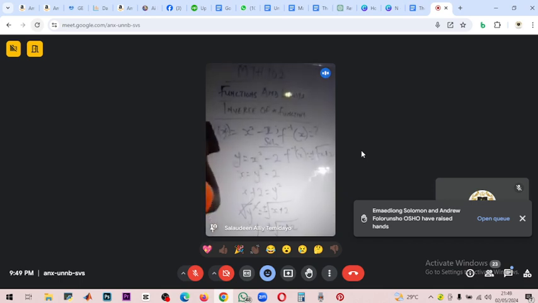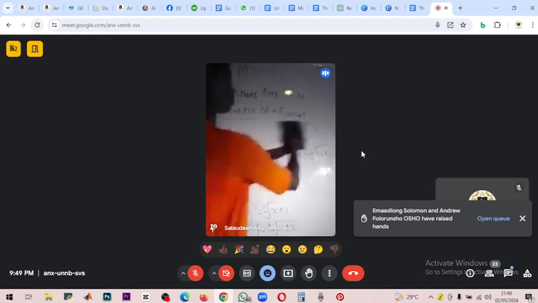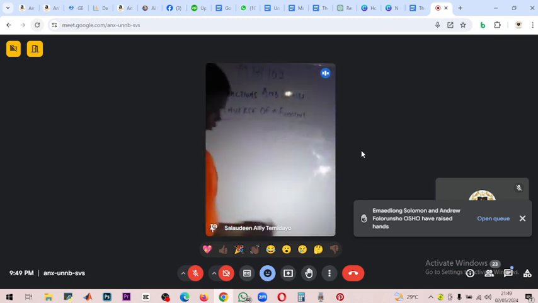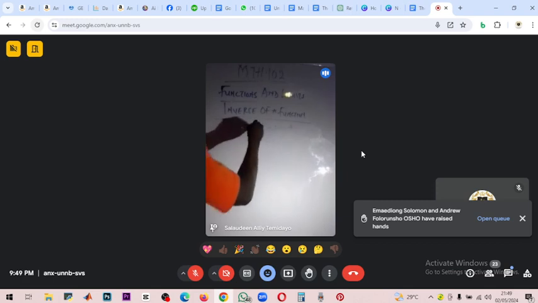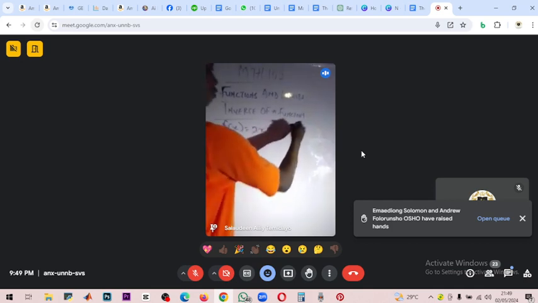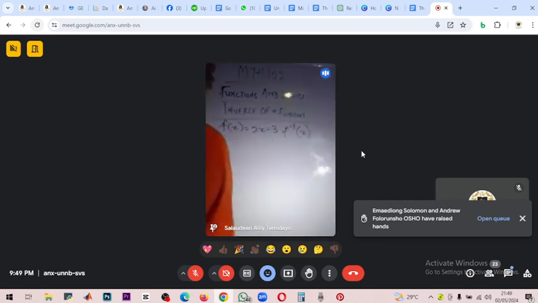Okay, one more example. After the example, I'll just mention the steps. Write the steps down. It's not hard. Use it to solve by itself. You call it a day. This is a function f of x equals 2x minus 3. Find f inverse of x. That's the question.